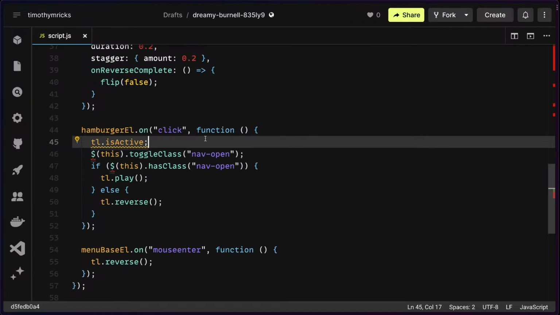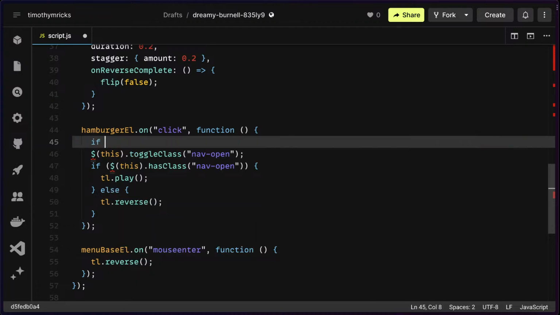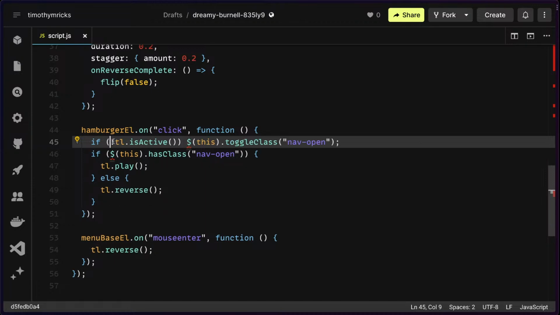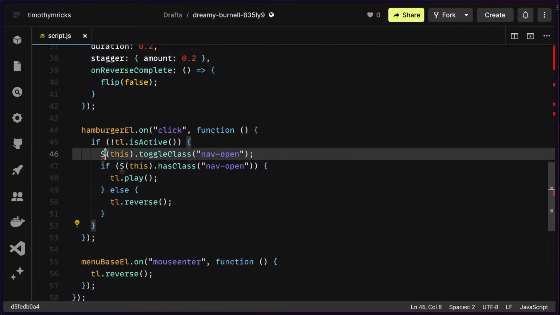and that will tell us if the timeline is currently playing. So this will return true if the timeline is currently playing, and it will return false if the timeline is not playing. So we could just wrap this whole thing in an if. If we add this exclamation point here, that means run this if the timeline is not active. So as long as the timeline is not currently playing, then allow us to click to toggle the